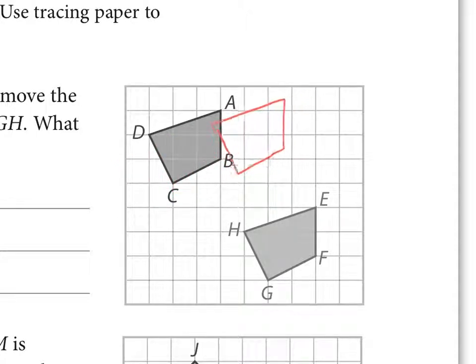Notice I am not turning it or flipping it or anything. This is called a translation. And as you can see, if I take this and I slide it over here, it perfectly fits. Well, I say perfectly, but I didn't draw it perfectly, but it does translate directly to the new quadrilateral HEFG,